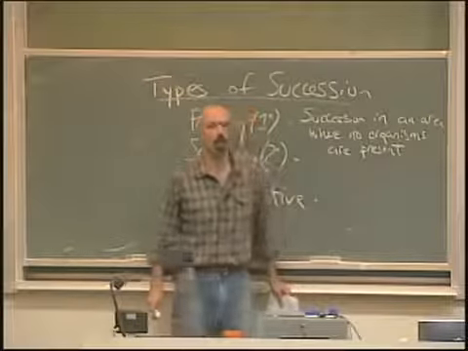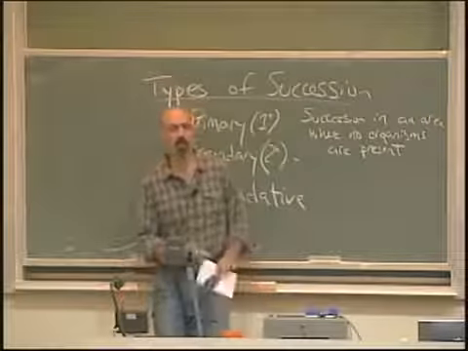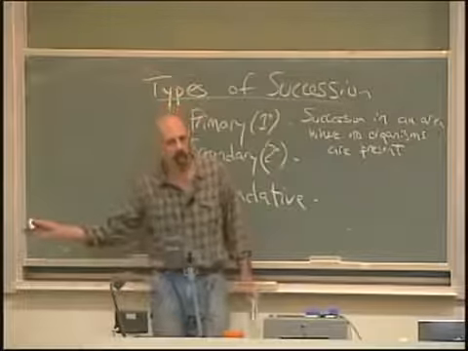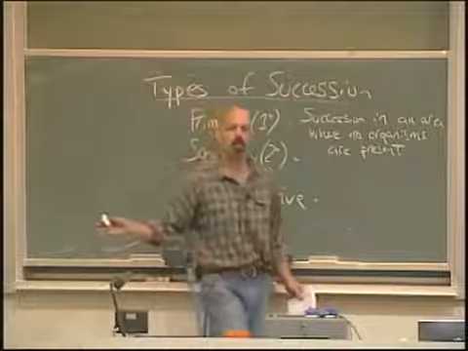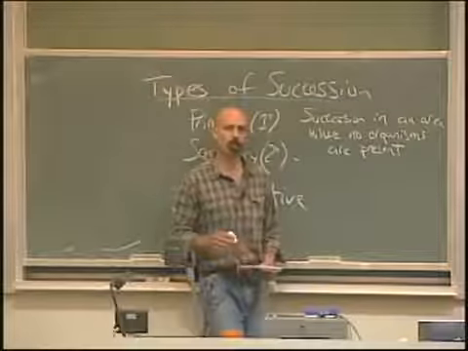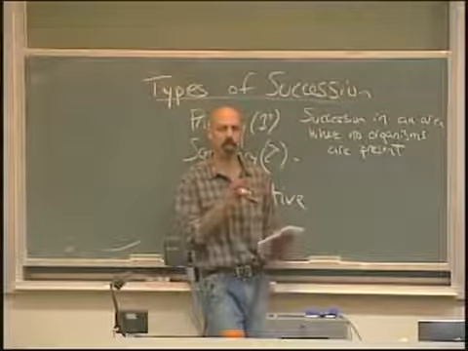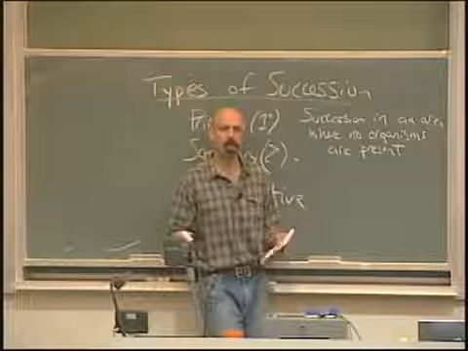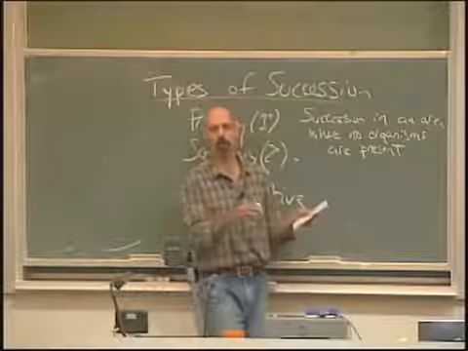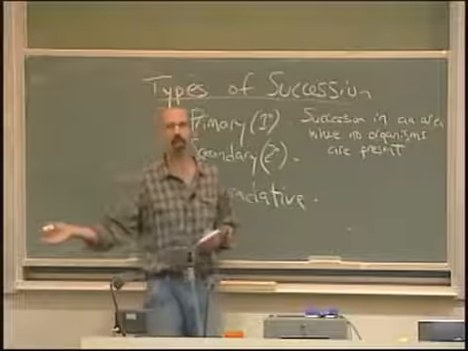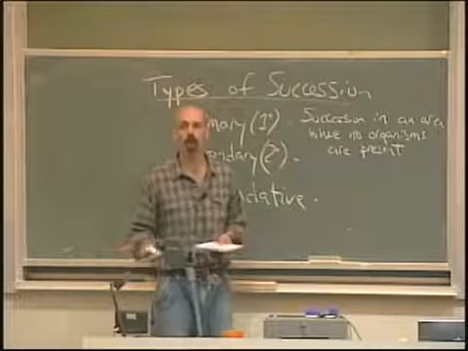Succession in an area where no organisms are present. Succession on a sterile substrate. Succession in an environment that has somehow been denuded, has somehow been wiped of all its biological activity. Your book focuses on primary succession as succession in an area where there's no soil. That's fine. That emphasizes a terrestrial ecosystem, though. This succession occurs in the ocean as well, where there's no soil.